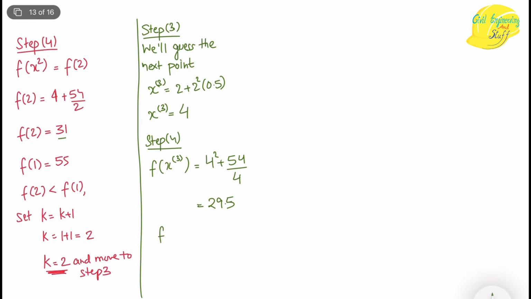So your f(x3) is still less than your f(x2). Since again f(x3) is less than f(x2), we will set k equal to k plus 1. In the previous step k was 2, so we'll set k equal to 3, and revert